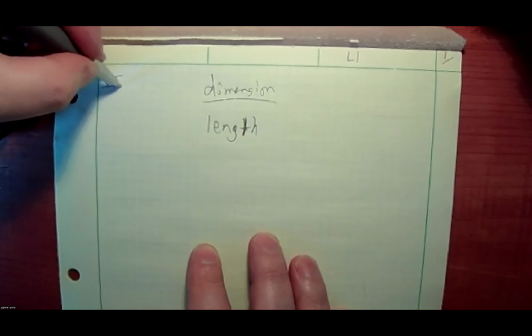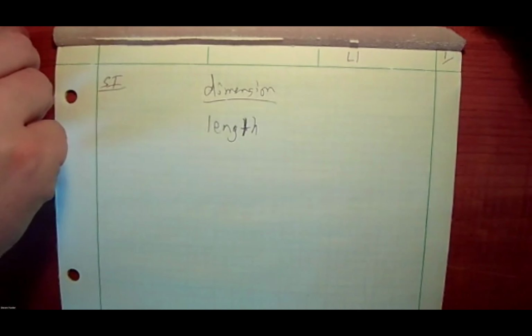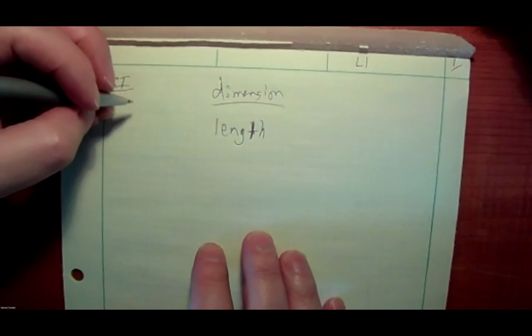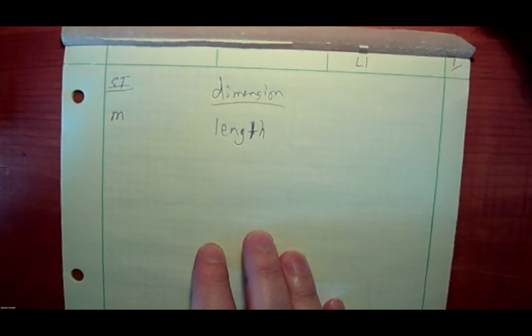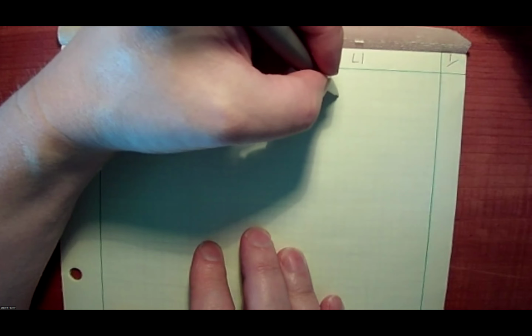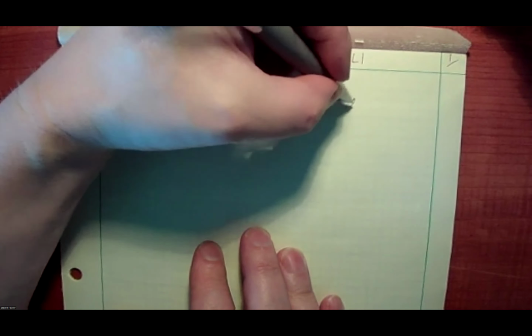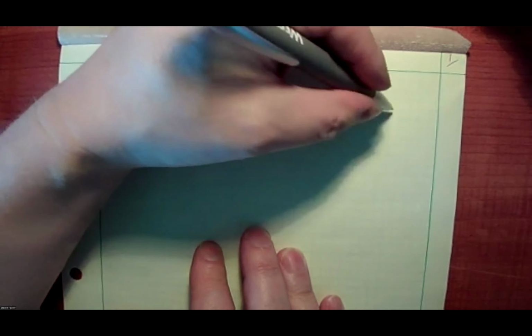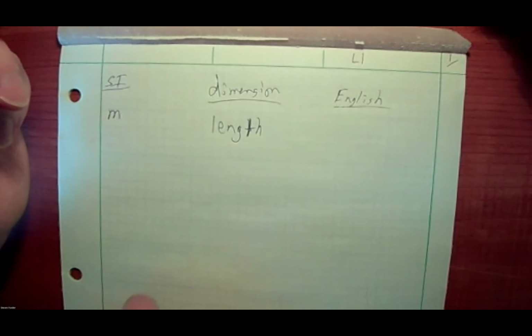In the System International, what we often just call the metric system, the SI unit for length, we're often going to use the meter. In the English system, what I will often just refer to as the English system because I'm an old millennial and that's what it was when I was taught,